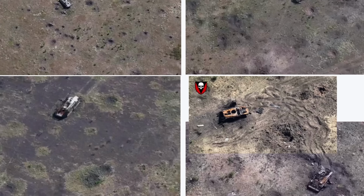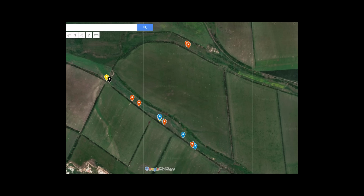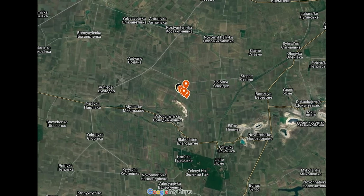Finally here, 5 armoured vehicles which don't have a geolocation yet, so quite an impressive bit of scrap metal here. I put them on the Google map image to show where each one was, colour coded. So blue is BMP, red is tank, yellow is MTLB, black for the BTR-50. Now, given these occurred very close to each other, some of the markers are a bit jumbled together, but we